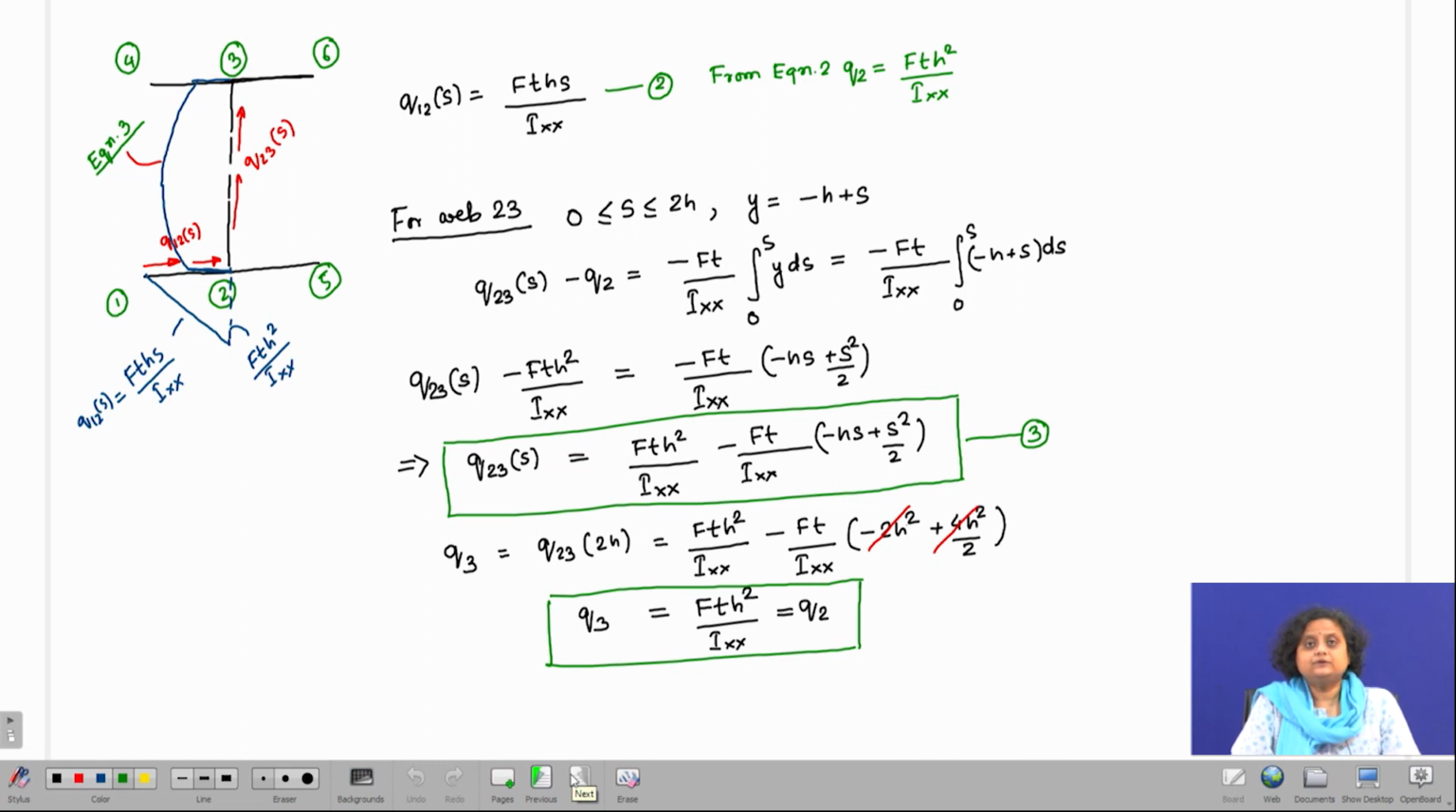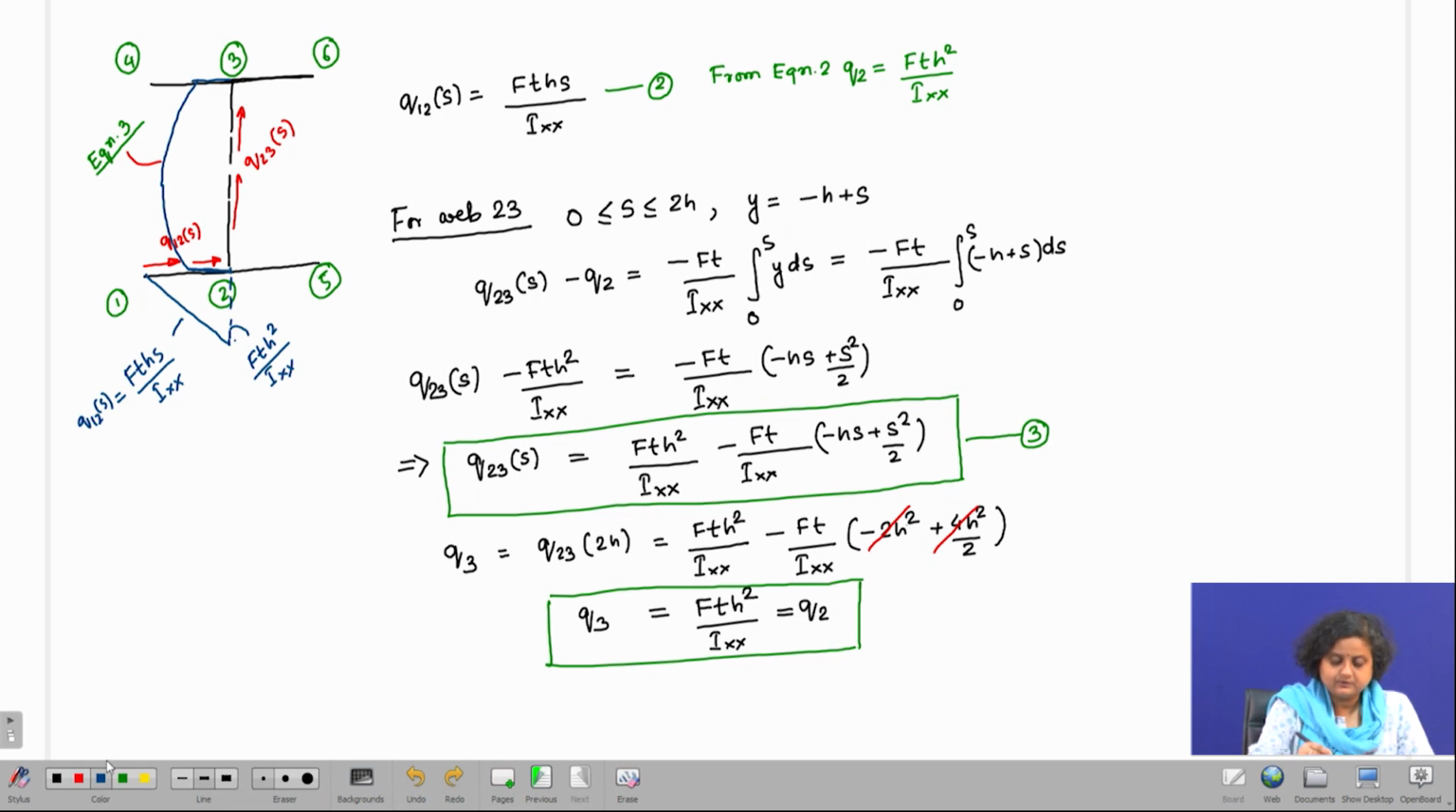So, we can use the same methodology that we have adopted for flange 1, 2 and web 2, 3 to find out the distribution of shear flow in all the portions of the cross section. But on the other hand, we may not go through this long calculation and just use the symmetric property of the cross section and evaluate the shear flow distribution. So, if we use the shear symmetric condition, then the shear flow here would be just symmetric to that of the